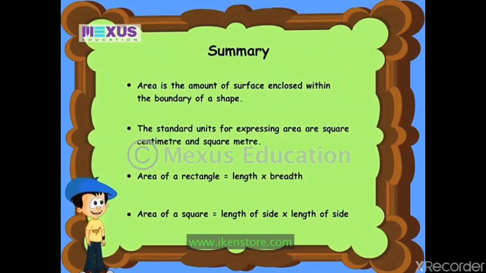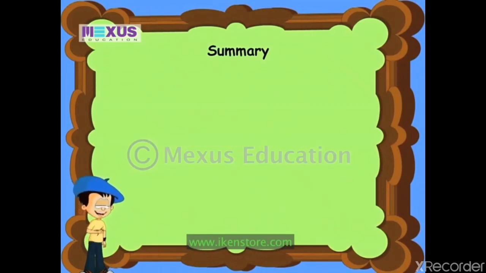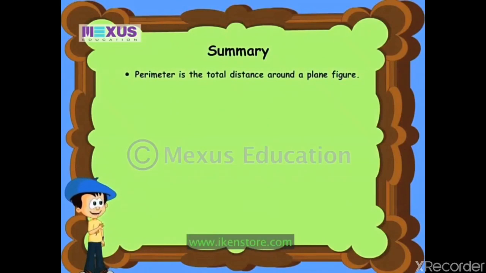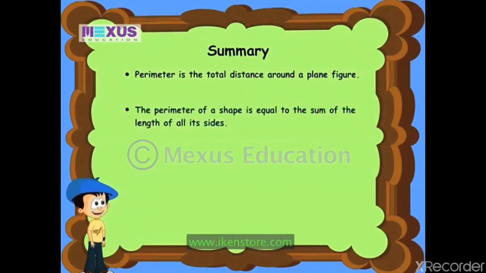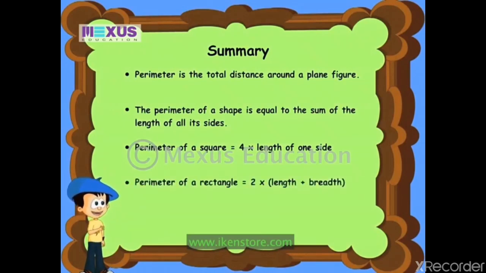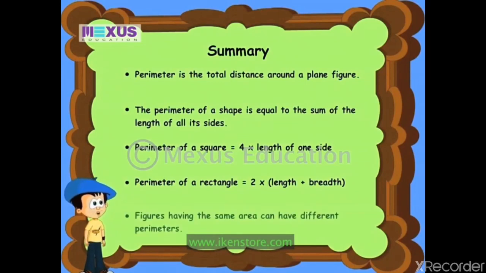Some of the clues that we had to solve had a lot to do with perimeter. Perimeter is the distance around a plane figure. To find out the perimeter of a shape, simply add the lengths of all its sides together. The formula to calculate the perimeter of a square is simple. The perimeter of a square is 4 multiplied by the length of one side. The opposite sides of a rectangle are equal. So the perimeter of a rectangle is twice the sum of its length and breadth. Lastly, an important concept that we learned was that two figures